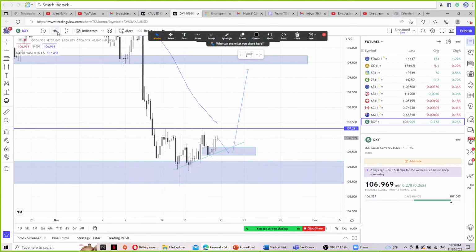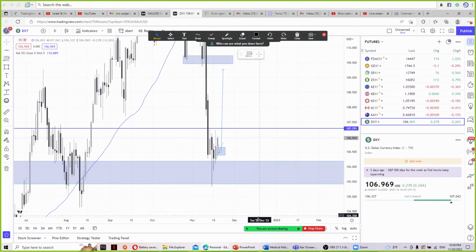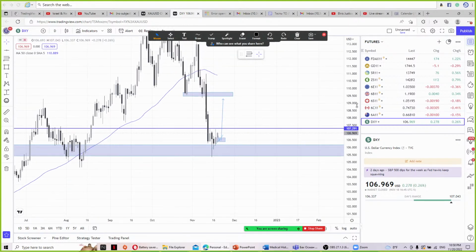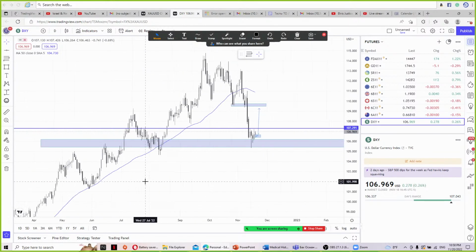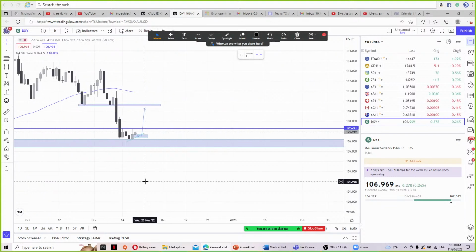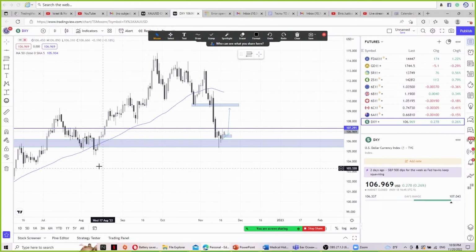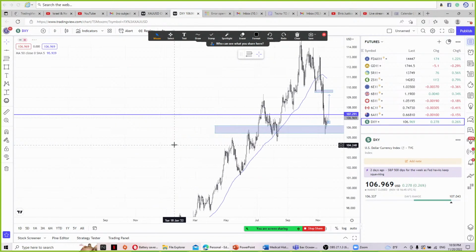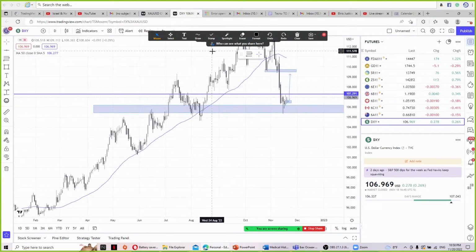All right, so let's focus on DXY. You see your levels, the way you draw your resistance. I'm going to explain the levels. I'm going to explain everything, don't worry. All right, so this is it, right? DXY actually came for